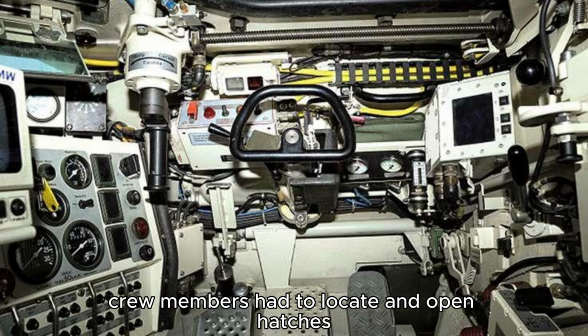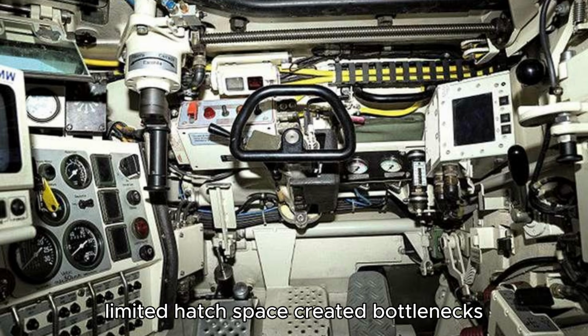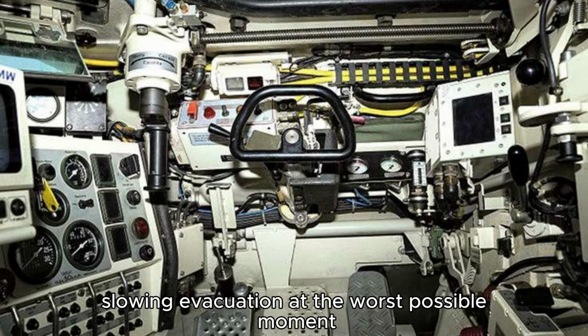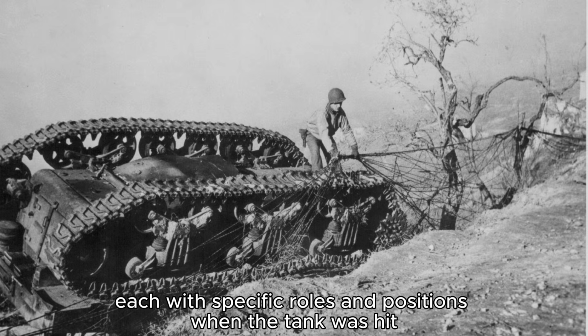Crew members had to locate and open hatches, often while dealing with smoke, fire, and disorientation. In early Shermans, limited hatch space created bottlenecks, forcing multiple crew members to exit through narrow openings, slowing evacuation at the worst possible moment. Inside a Sherman, 5 crew members operated in a tightly packed environment, each with specific roles